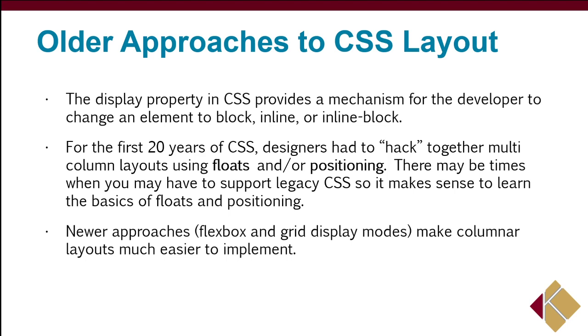But what you do need to know is that for the first 20 years of CSS, which blows my mind that it's been around that long, there was no official way to do column layouts. If you think about most layouts today, you normally have a 4-column or 2-column layout, so you have your big chunk of stuff,